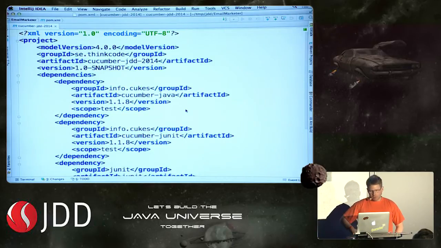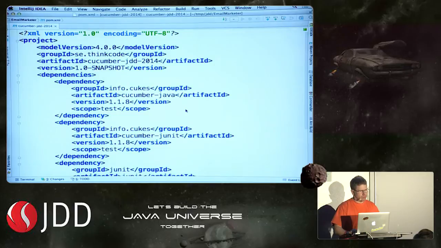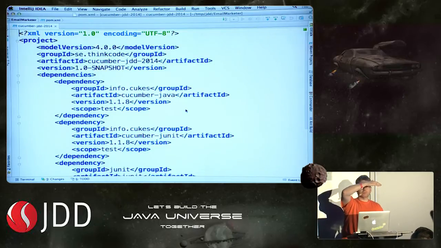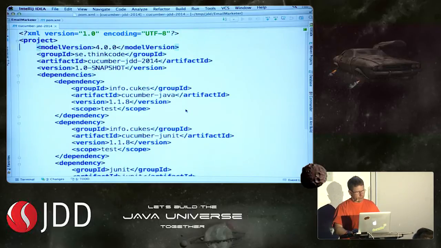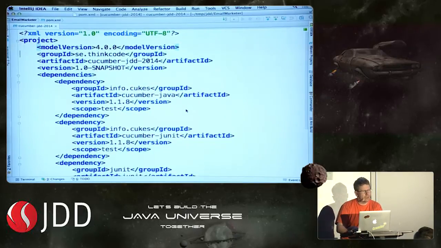Anyhow, this is a small project file. And let me ask, how many in here are using Maven? Okay, so like half of you. Then this is not something new for you. The rest of you, this is a project definition file that defines that we